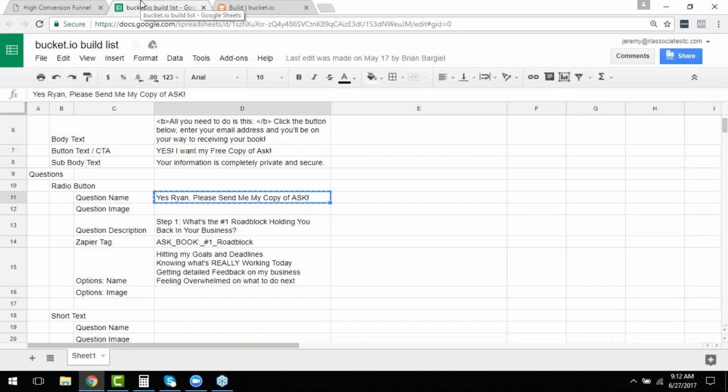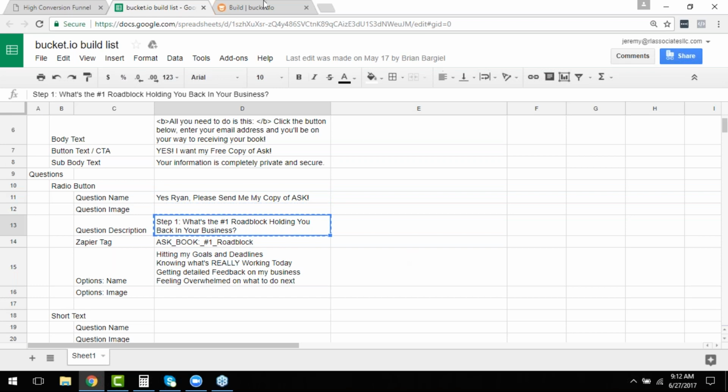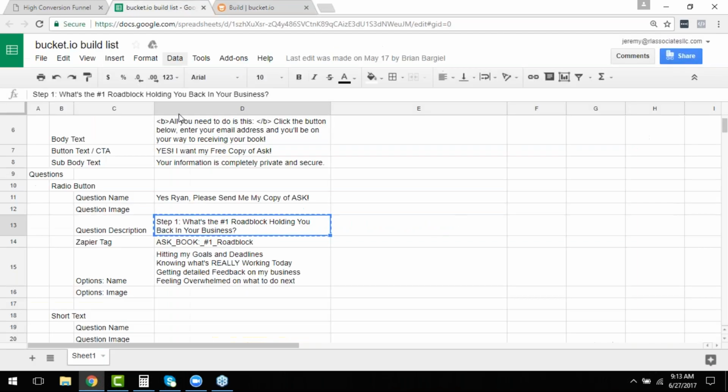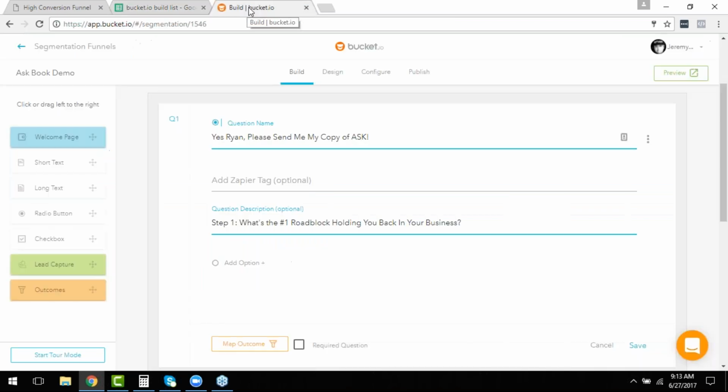Got the question description. And I'm going to give you just a real quick primer on this tag. You'll see the option here to add Zapier tag. I'm not going to go deep into the Zapier stuff today, because again, that's outside of how to actually build the high converting funnel, but it is important because what the Zapier tag will do is tell your Zapier integration